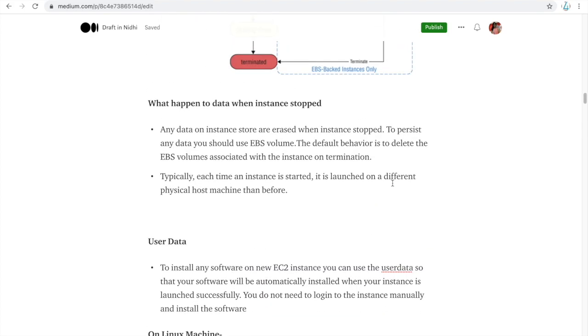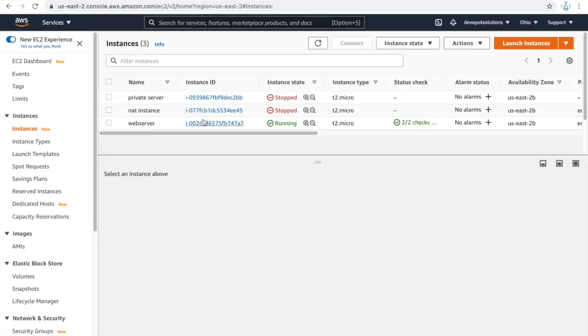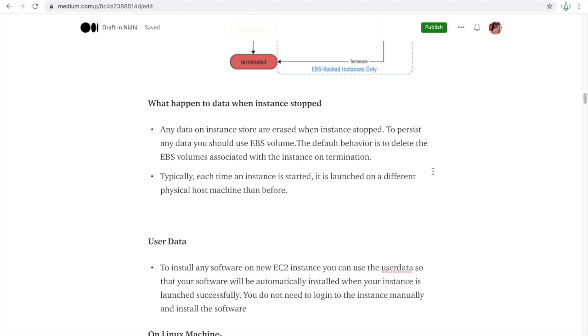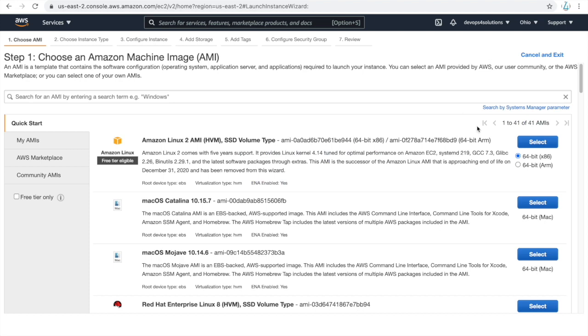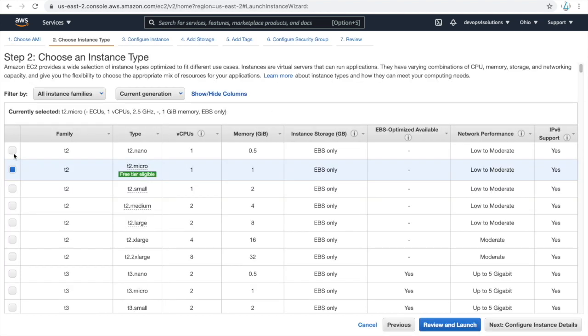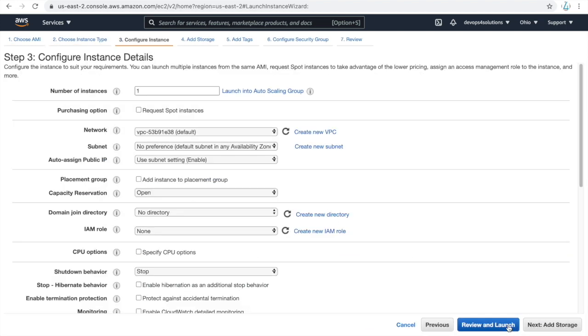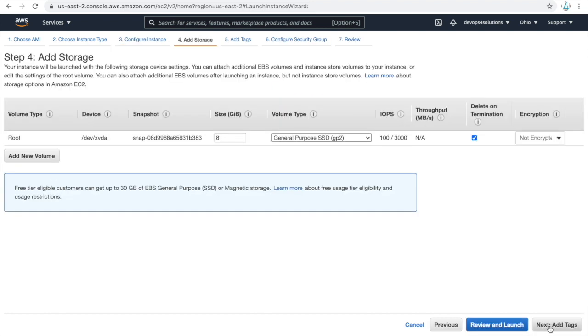Okay, so the next thing is what happens to the data? When I stop the instances, what is happening to my data? Any data which I'm storing on the instance store, like the default root volume, whenever I create an EC2 instance, if I show you, configure instance details, here you can see the volume type.